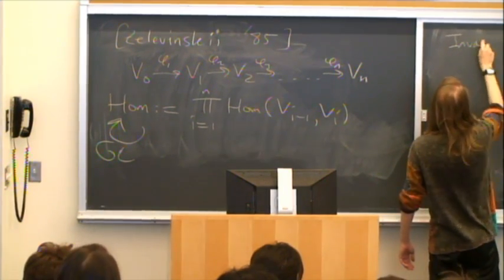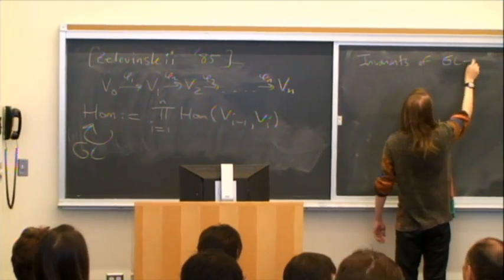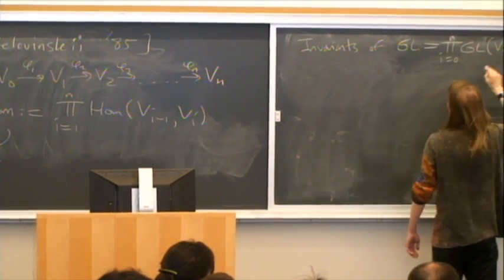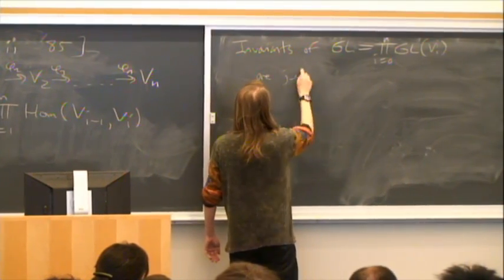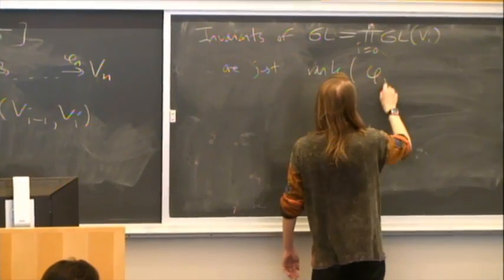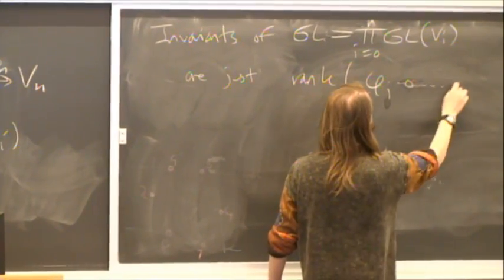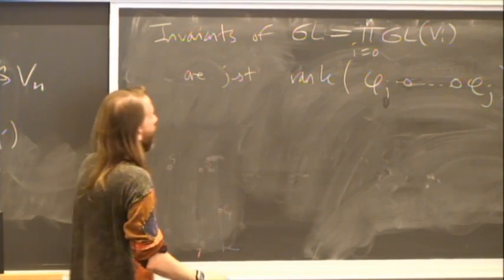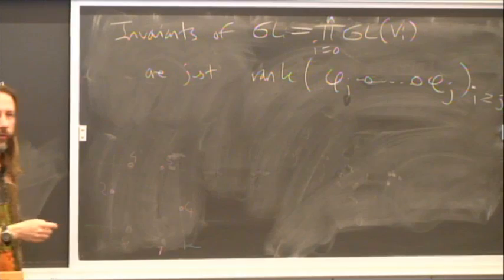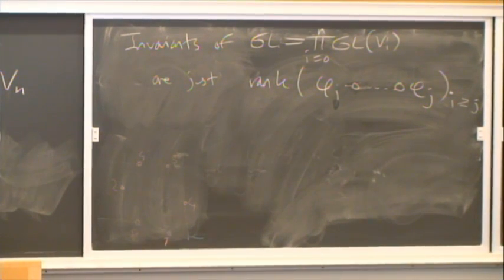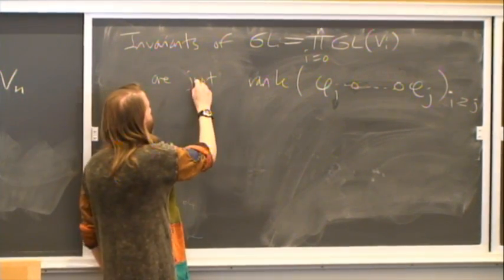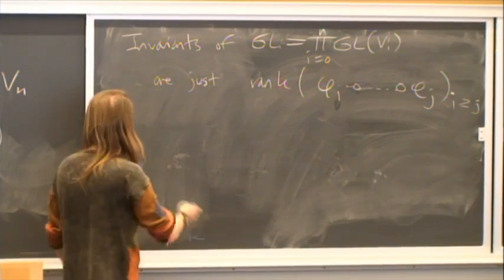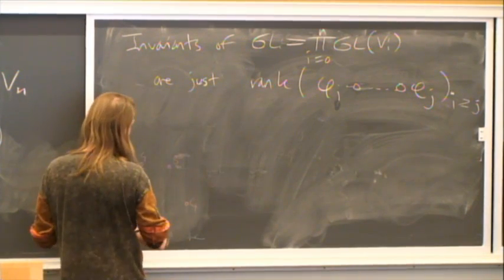And so the invariants of the GL action, so GL was the product i equals 0 up to n this time, of the GL(V_i), are just, you look at all the ranks of phi_i composed up to phi_j. Here I guess i is more than j. And those are all of the invariants by Gabriel's classification of representations of a quiver like this. So you can wonder what do the orbit closures look like as varieties, and what Andre defined was the following